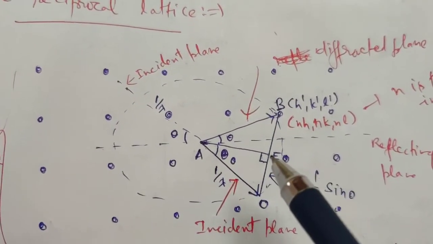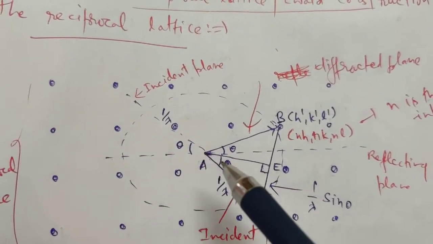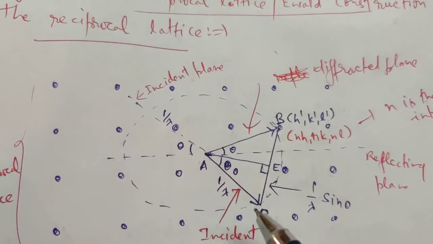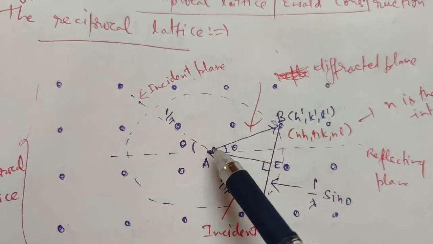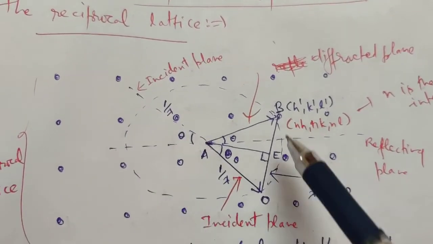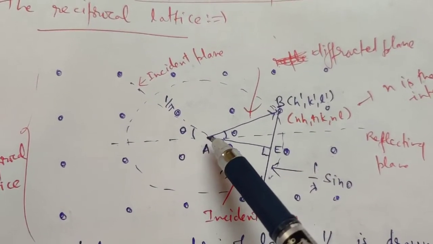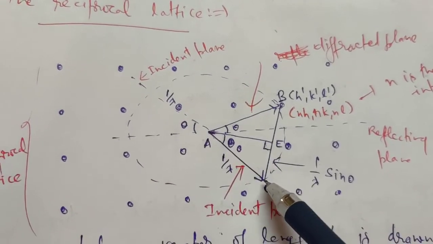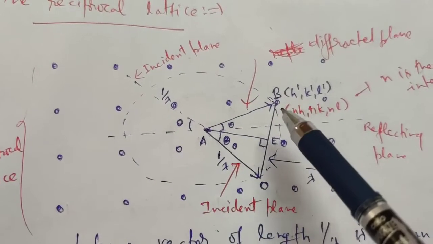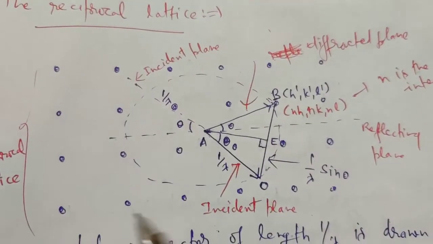This we have discussed in your previous lecture. So this is your reciprocal space. From here I will consider a point from which this is your incident plane and this is X-ray. So this is your point O. This will be the radius of this sphere, and we will draw a sphere known as Ewald sphere or Ewald circle by taking this origin point A. This A need not be a lattice point, and this is O. This is the origin of this lattice vector. So this circle or sphere will intersect a reciprocal lattice point, any point on this reciprocal lattice.